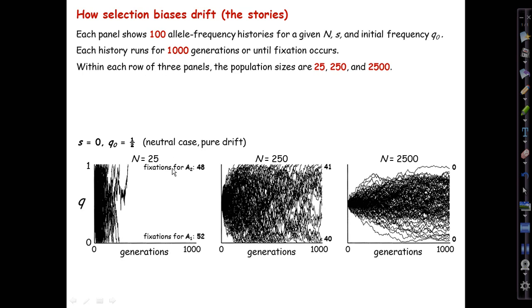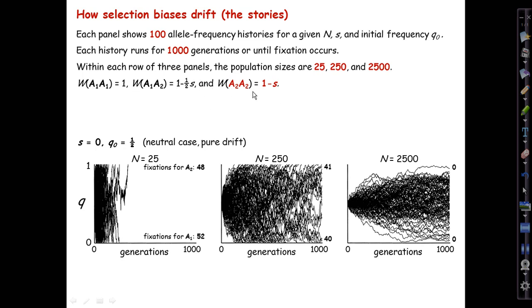Within each row of 3 panels, 1, 2, 3, the population sizes go up by factors of 10. So the left-hand panel is for a little population with 25 adults. Then the middle one is for a larger population of 250, and on the right, the largest with 2,500 individuals. The first case is the neutral control, where S, the selection coefficient, that is the difference in fitness between the